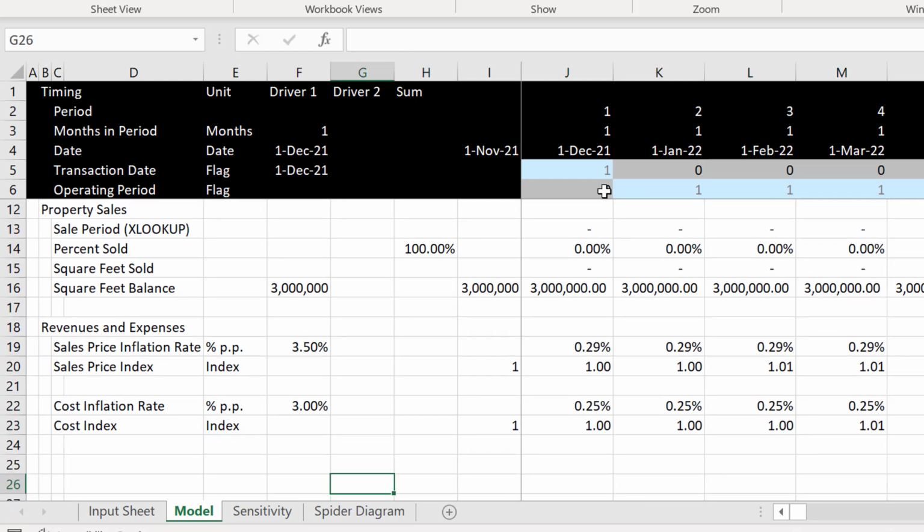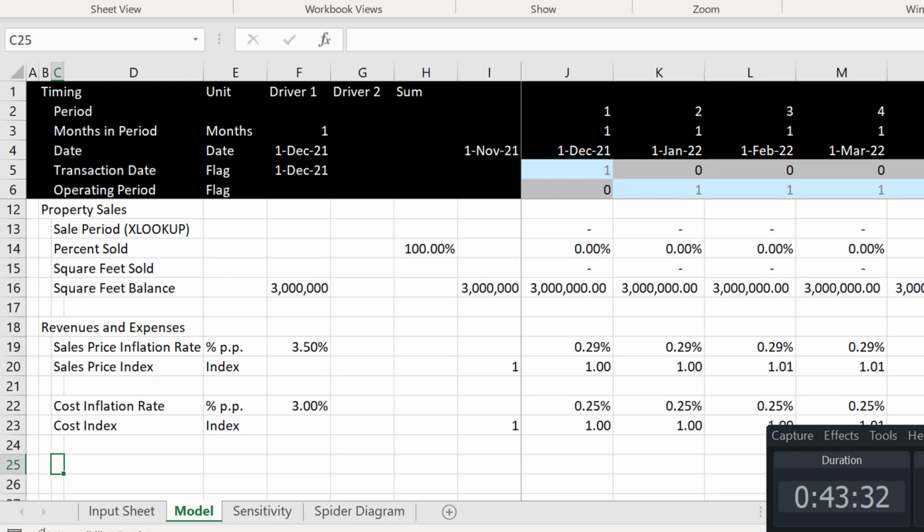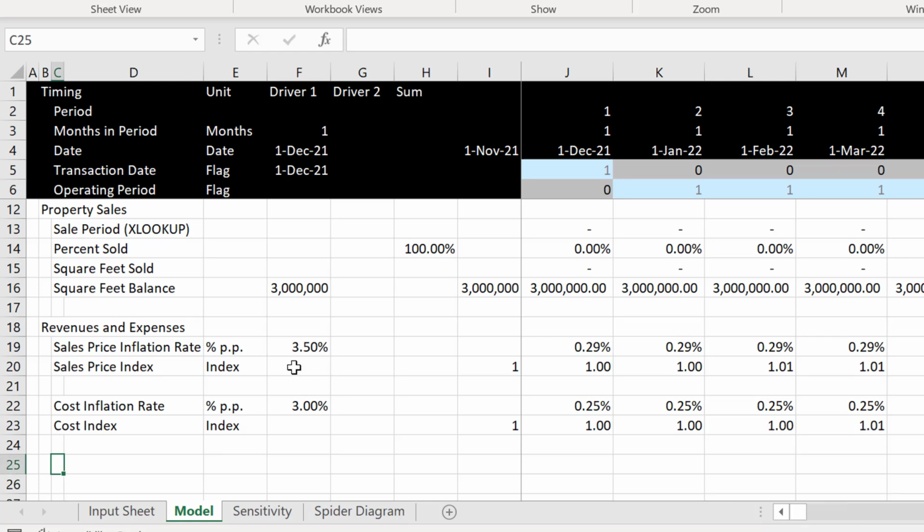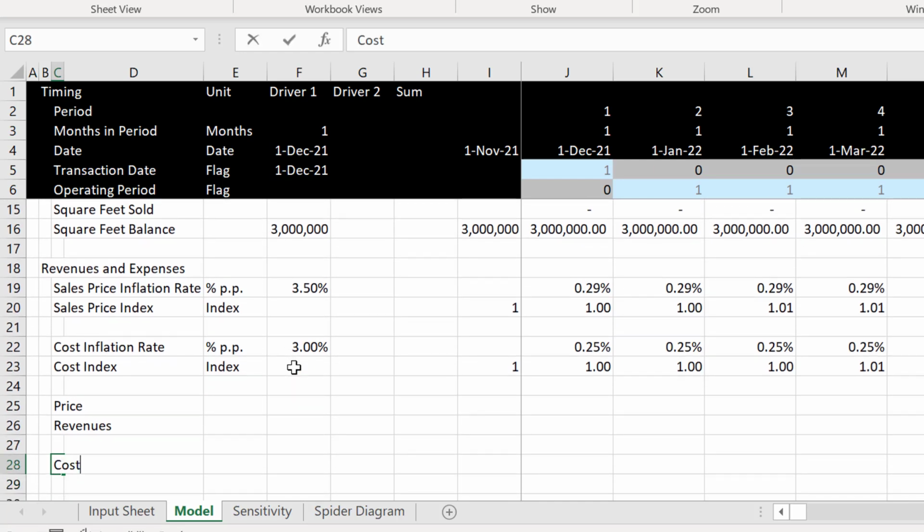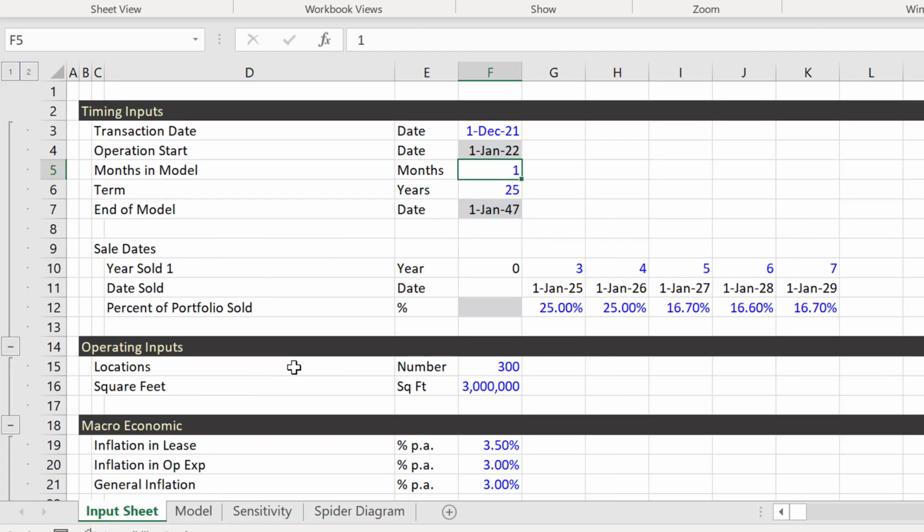Okay, although I didn't put our sales price in yet. But notice there's no financing yet. No financing at all yet. Okay. I'm already at 43 minutes. Oh my God. Okay, and then we'll put our price and our revenues. How's this? And let's put our cost. Oh, we've got to do the cost is going to be a little trickier. Okay, the price is going to be our